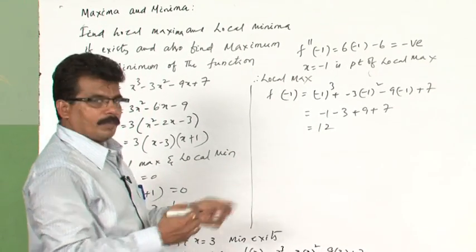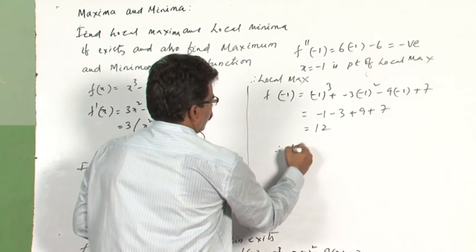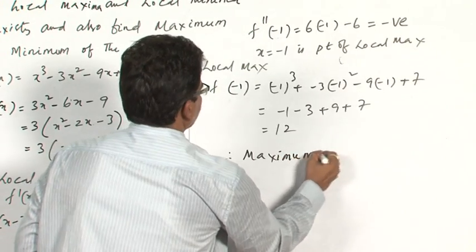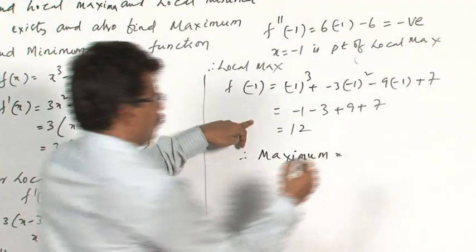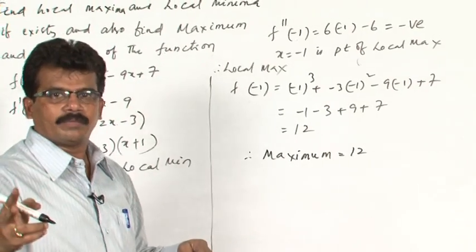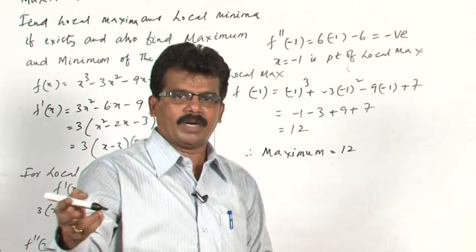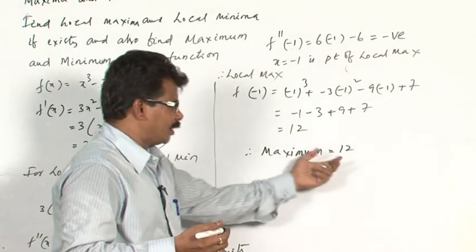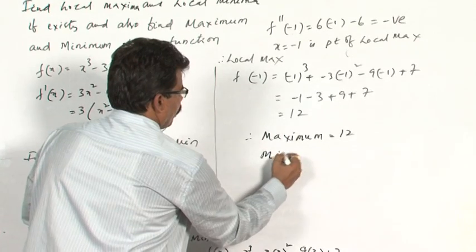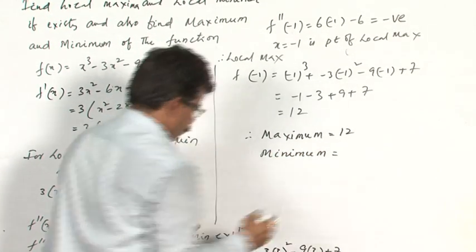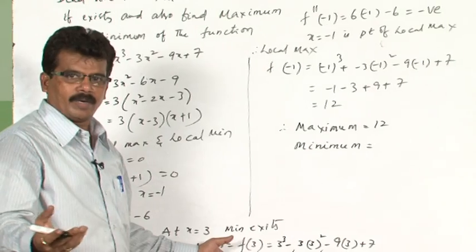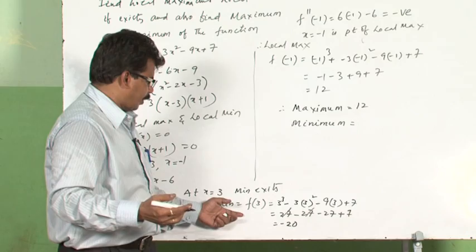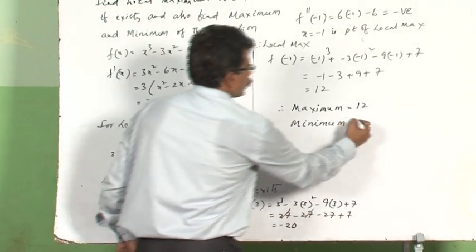Then what about minimum and maximum? So, therefore, maximum is equal to, this local maximum is nothing but maximum. Why? If there are 2-3 maximum values, among all 3 maxima, we would have taken the maximum. Since only one exists, we take that local maximum is nothing but maximum, and similarly, minimum is nothing but local minimum. If suppose 2-3 minimum values exist, we take the minimum among the minima and declare that as minimum. So, here only one is there. So, minimum is minus 20.